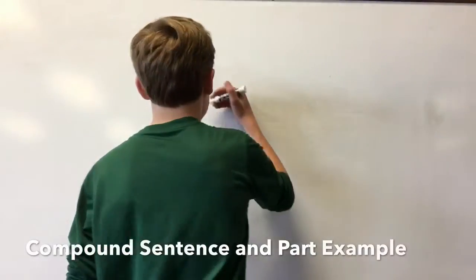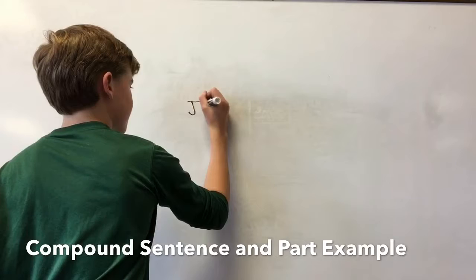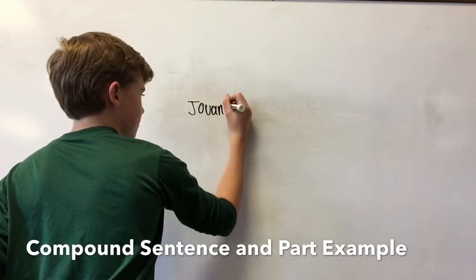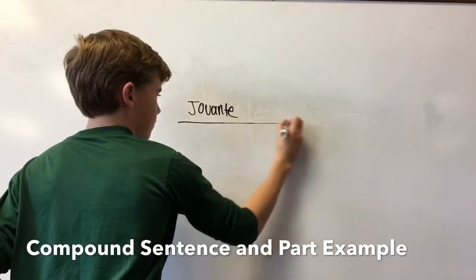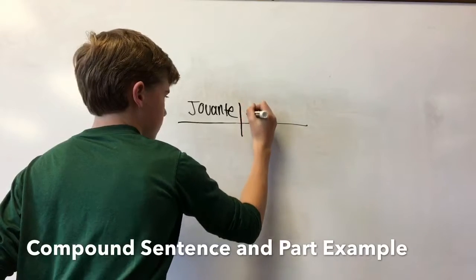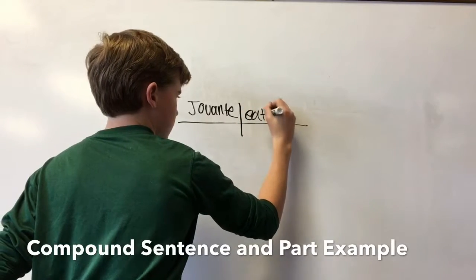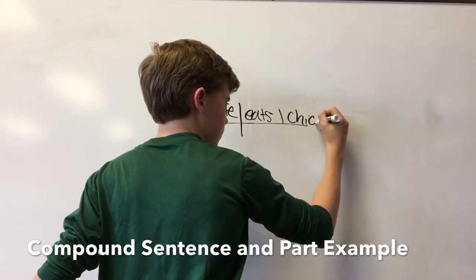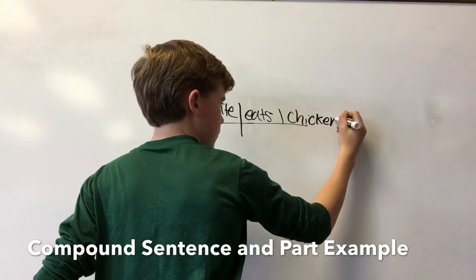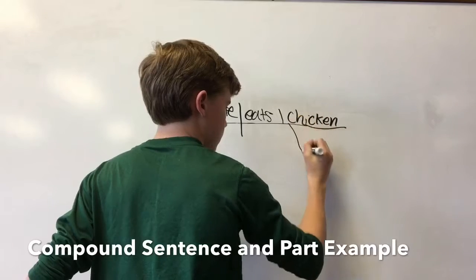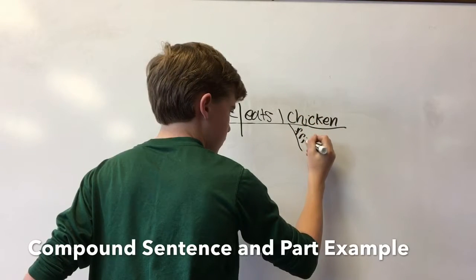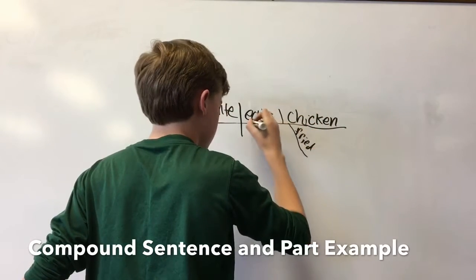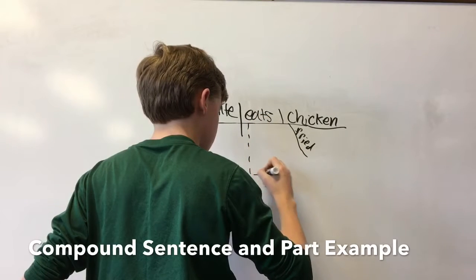Now that you've seen the skeleton, here's an example. Our sentence is, Javante eats fried chicken, but LaDonsha eats steak and drinks milk. As you can see, Javante goes in the subject spot. Eats goes in the verb, and chicken goes in the direct object. What goes in the adjective spot? That's right, fried. Now connecting the two independent clauses, we'll draw a dotted line down with the seat where but